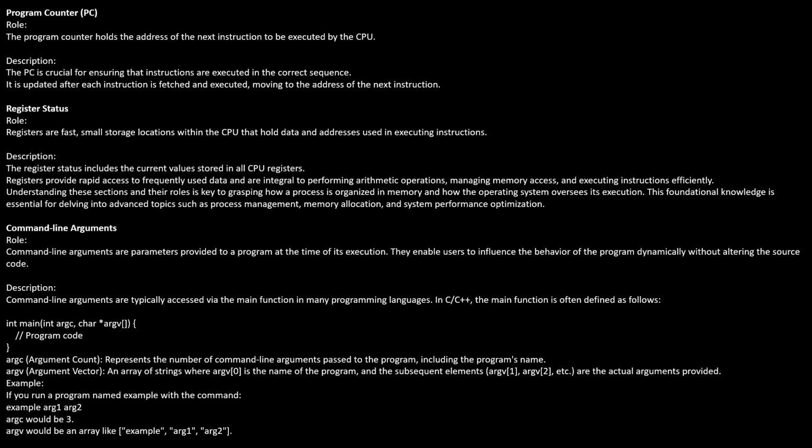Register status. Registers are fast, small storage locations within the CPU that hold data and addresses used in executing instructions. Description: the register status includes the current values stored in all CPU registers. Registers provide rapid access to frequently used data and are integral to performing arithmetic operations, managing memory access, and executing instructions